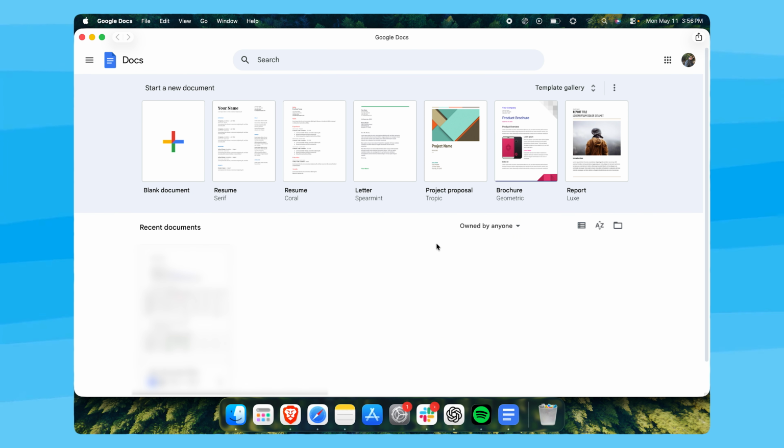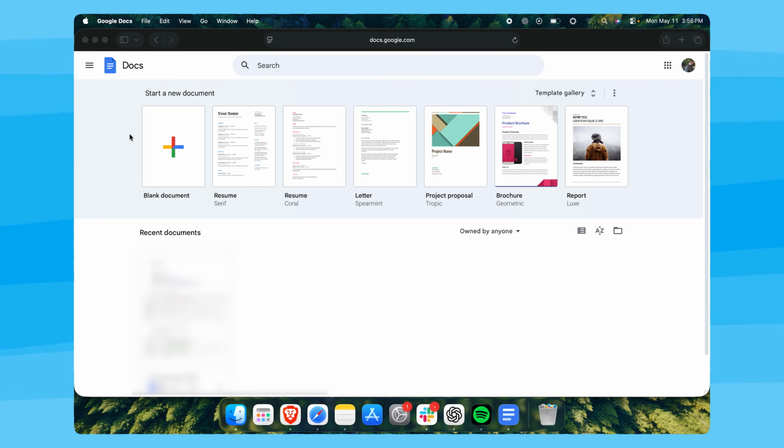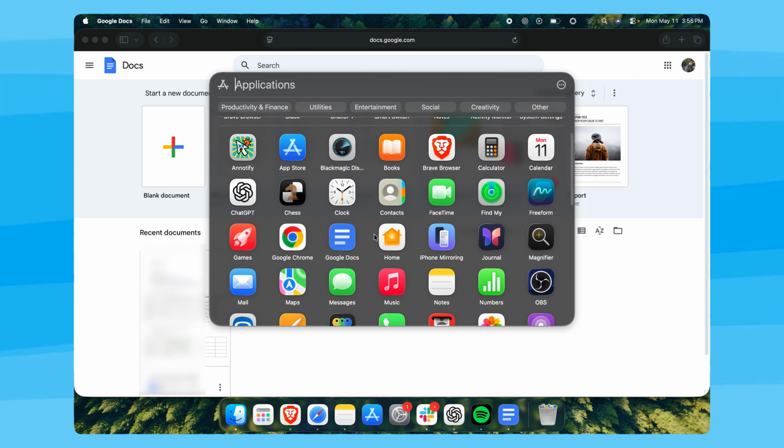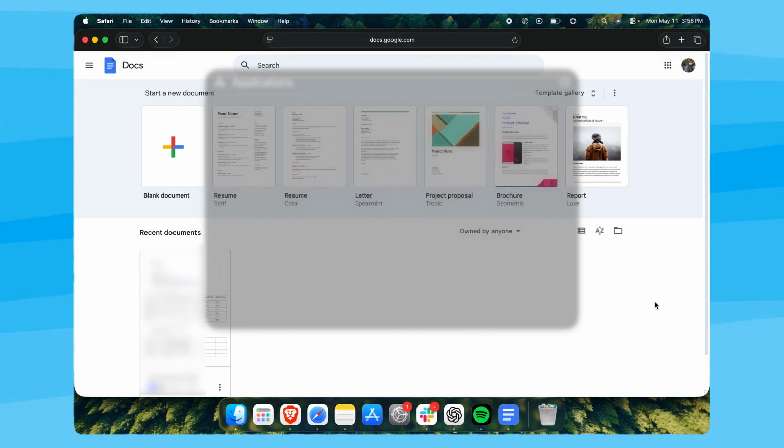But how does it work? It is just creating an application out of a web page, so it is essentially running out of Safari. But the good thing is that you don't actually have to go in and type it every time on Safari. Even in Applications, you can see we have an application called Google Docs, and that is how you get Google